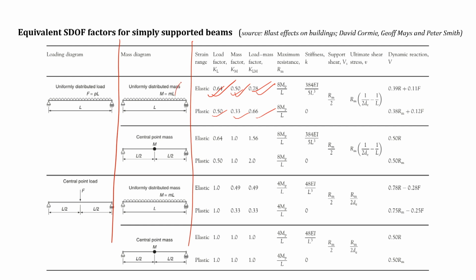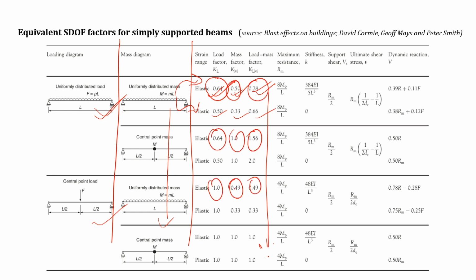They can be used when the system remains in the elastic range and when the system remains in the plastic range. So, for a uniformly distributed load and for different types of structures with different loading conditions, this type of chart can be used as a ready reference. As an exercise, you can try to calculate these factors yourself and cross check using your own calculations. The equations and the methodology have already been provided to you, so all these things can be cross checked.